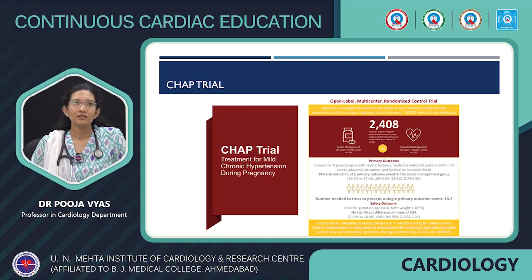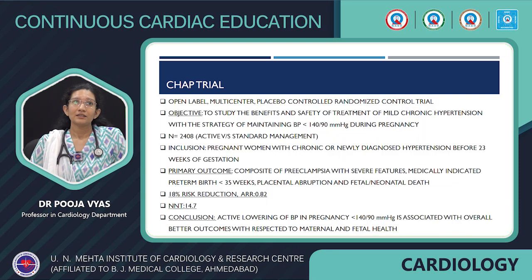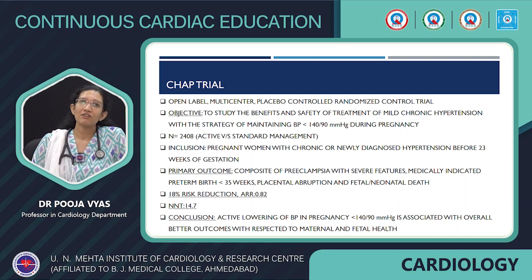This is the CHEP trial. This trial was done in patients with hypertension during pregnancy. It was an open-label, multi-center randomized controlled trial where 2,408 patients were enrolled. And there were two groups. In one group they managed blood pressure intensively, keeping it to less than 140 by 90 millimeter of mercury by giving drugs. And in the other group, the management was not that aggressive, keeping blood pressure to less than 160 to